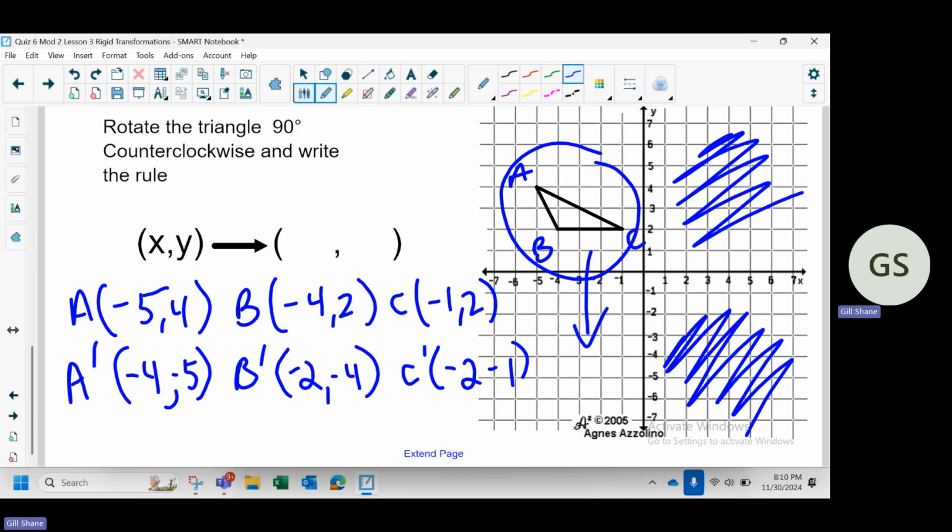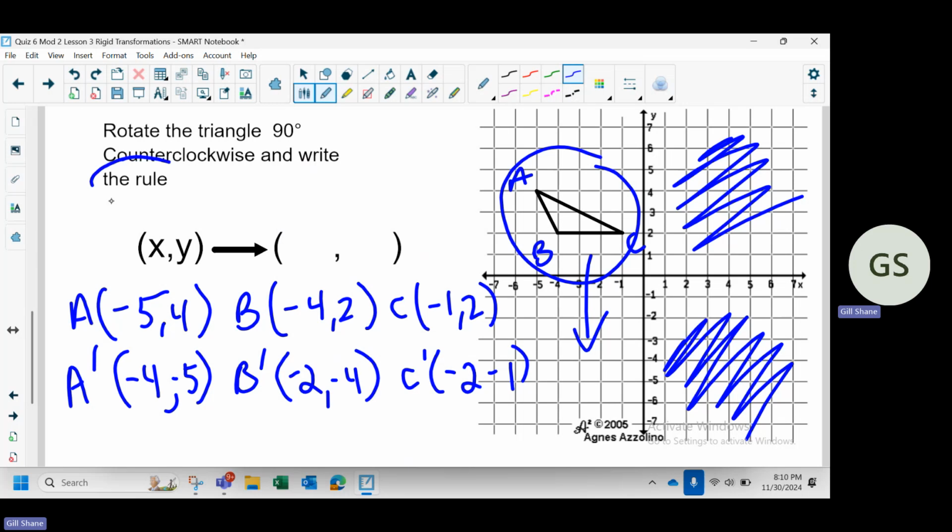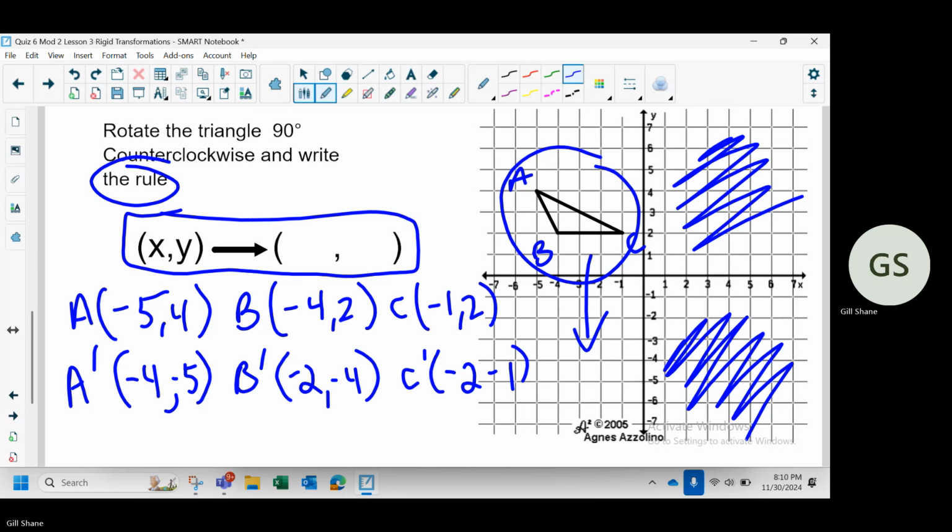So now the last part of this is it said, what is the rule? A lot of you, I don't know if you saw that. Some of the versions didn't have this written down there. I'm going to be giving you another chance at this, maybe even in class. I might give you another shot on the next quiz. So all we do to determine what happens, and a lot of you are doing something kind of weird if I don't write it for you,